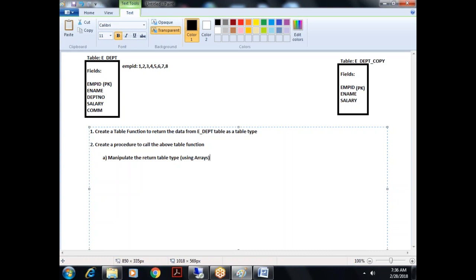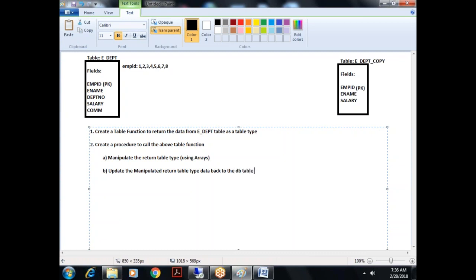Using the arrays concept I want to manipulate. Then the other thing I want to do is update the manipulated return table type data back to the